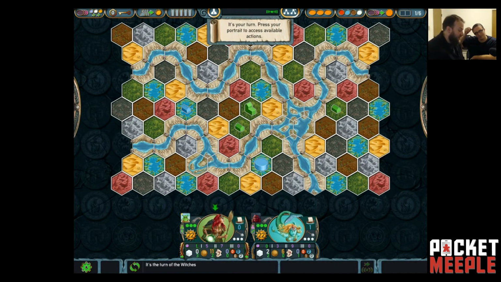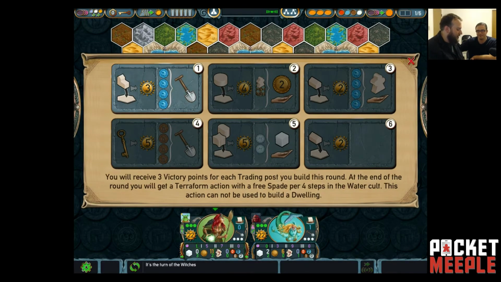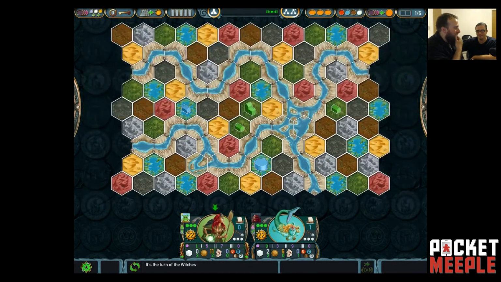Exactly. A lot of times these scoring things could be a trap, because you think, oh cool, round 1, I need to build a trading post. But trading posts give me more money, and I'm already doing good on money, so by building more trading posts...